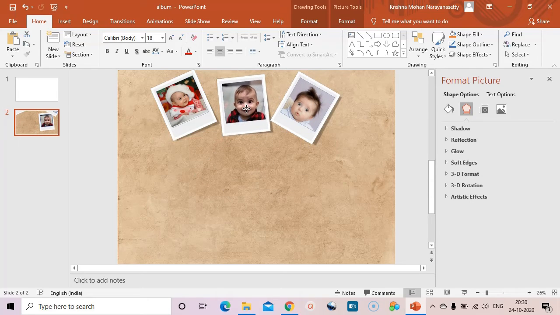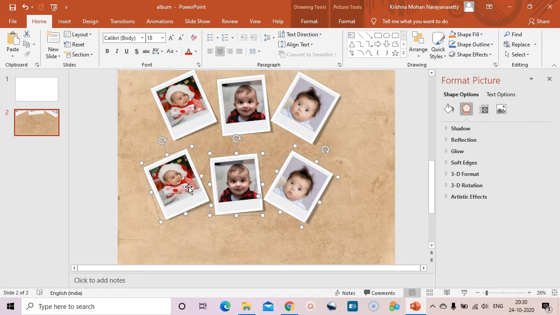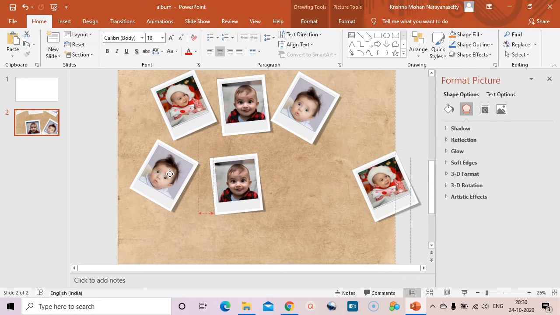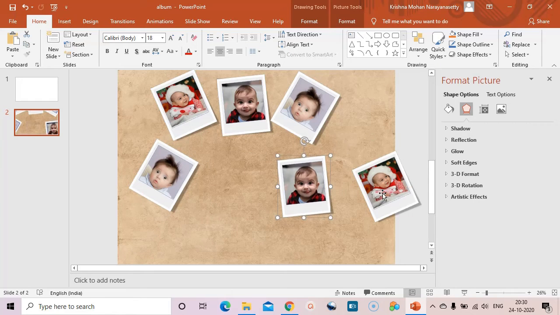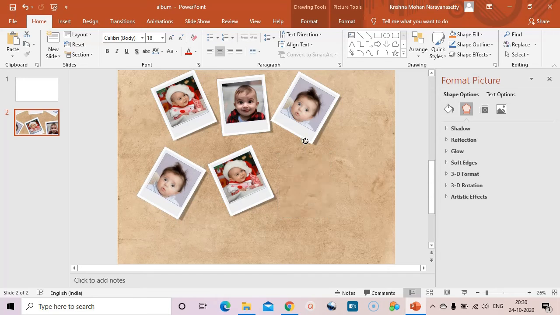This one is here, and again let us copy, Control C, Control V. So let me move this way. So we are taking this much. If you want, you can take more photos, and again if you want, you can tilt it the way you want.